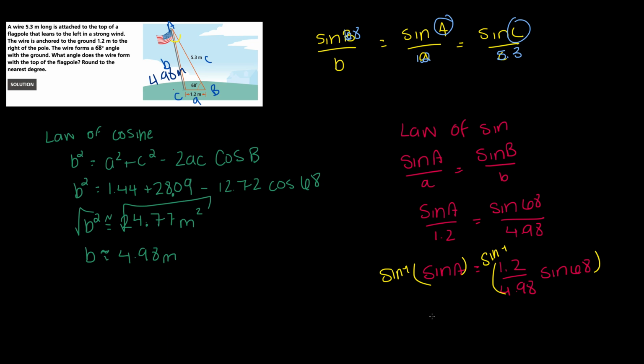And so we get the angle A is roughly equal to 12.9 degrees, which means that this angle right here is 12.9 degrees. So the angle formed by the wire and the flagpole is, and they want us to round to the nearest degree, so the angle